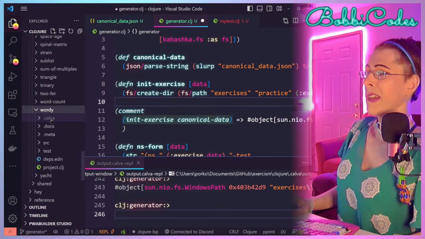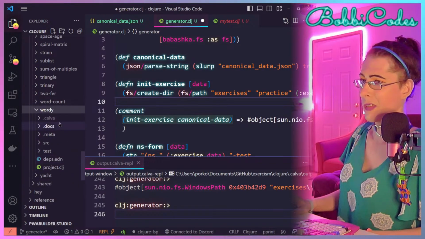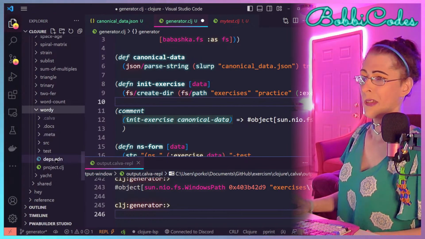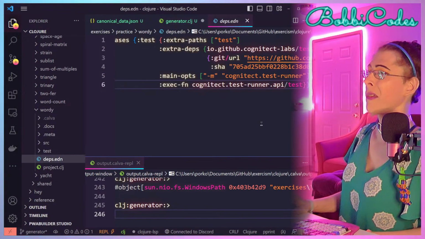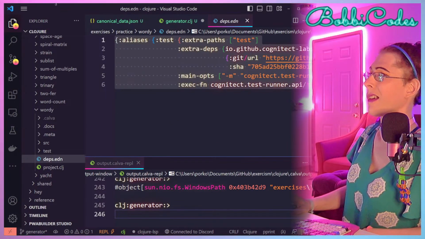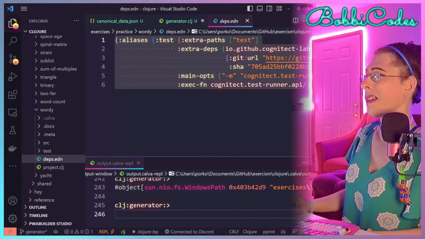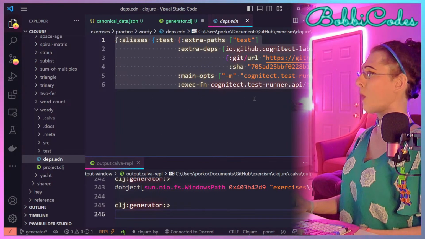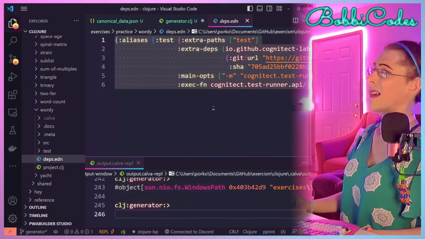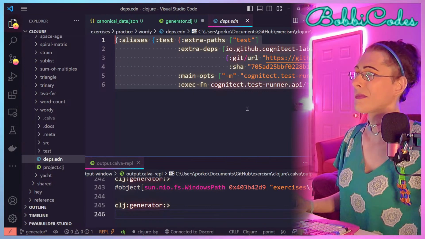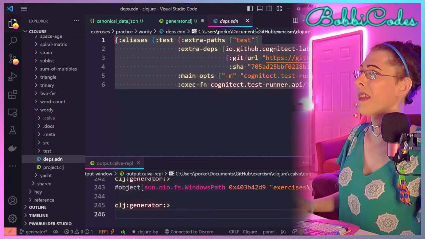Check out the wordy exercise just for an example, since it's right here. The deps.edn is the easy one because it's the same for each one. It just ships with a test alias. In other words, there's nothing that's specific to the exercise here. So I'll just copy that.